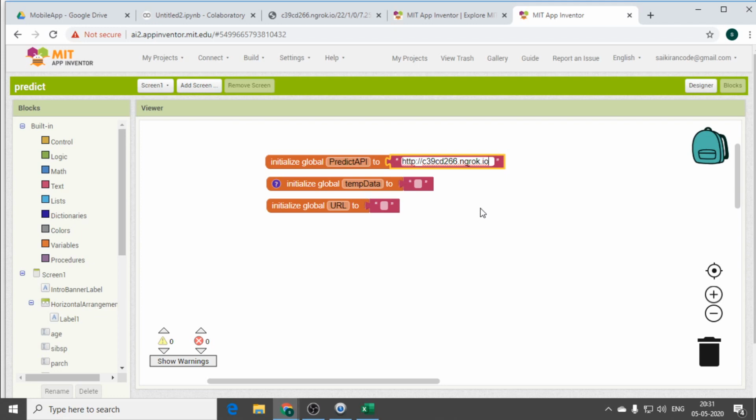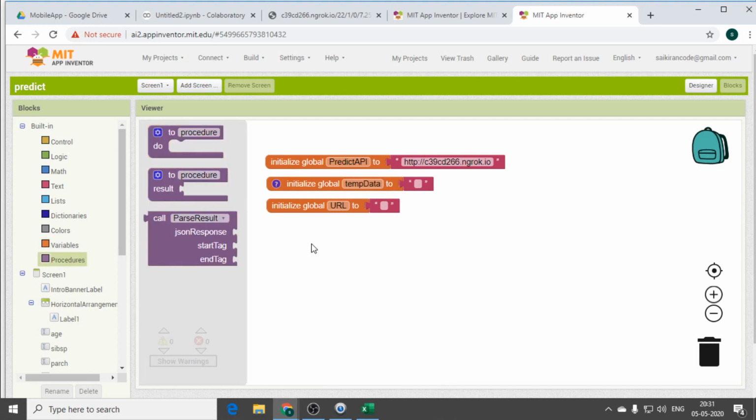Yes, so once you have given the blocks, here this is something like the global variable which we use in functions. So here we'll map the data from the predict API. The next thing we need to add is some procedures, right? The procedures are for giving out the blocks.